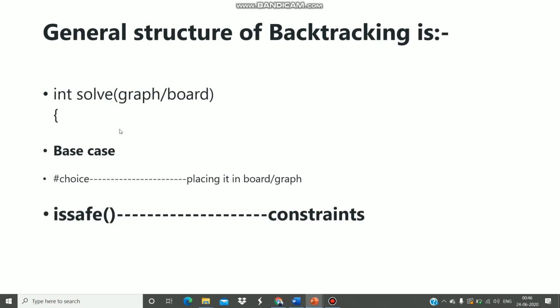Then from the solve function I'll be calling isSafe. isSafe will contain the three golden rules: no repetition in row, no repetition in column, and no repetition in grid of the number ranging 1 to 9. So the solve function contains my own created function, that is isSafe.